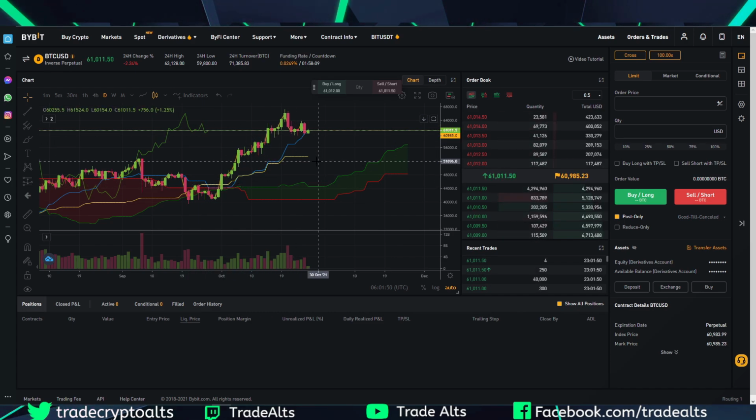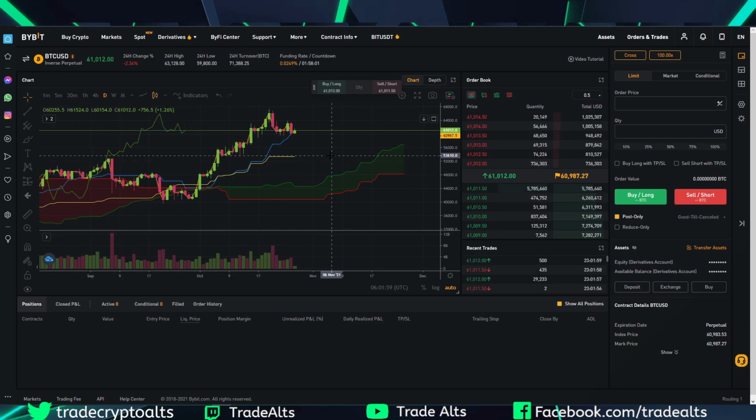I still use TradingView, but for those of you, this might be something that you find really useful to help you with your trading. But again, let's say I wanted to place a bid here to try to catch, you know, let's say I think price is going to go down to the daily Kijun here. You can literally come over to this tab and, right now it's set to cross